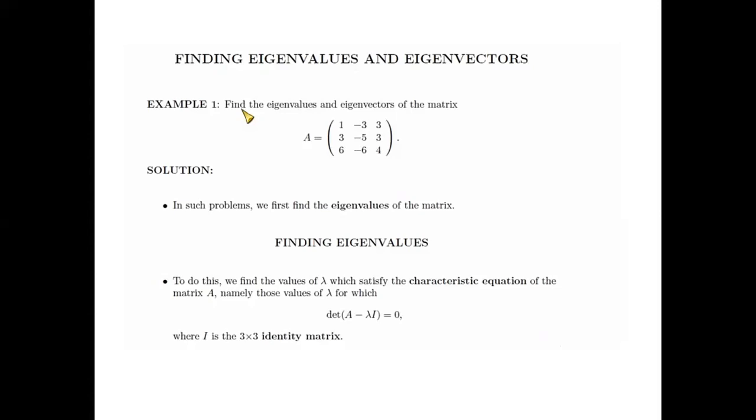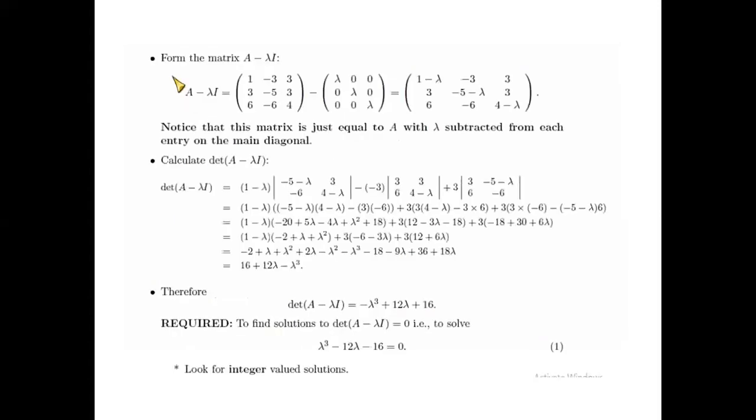So first find the eigenvalue. So you have determinant of A minus lambda I equal to 0. Okay, and we can see that A is a 3 cross 3 matrix. Therefore, the identity matrix I to be used will also be a 3 cross 3 matrix, right? So I've written A, the matrix A is written here, and you have minus lambda I. What I told you was in some books they directly write lambda inside the lambda I matrix, whereas in the previous problems we had written lambda outside. So it's one and the same, right?